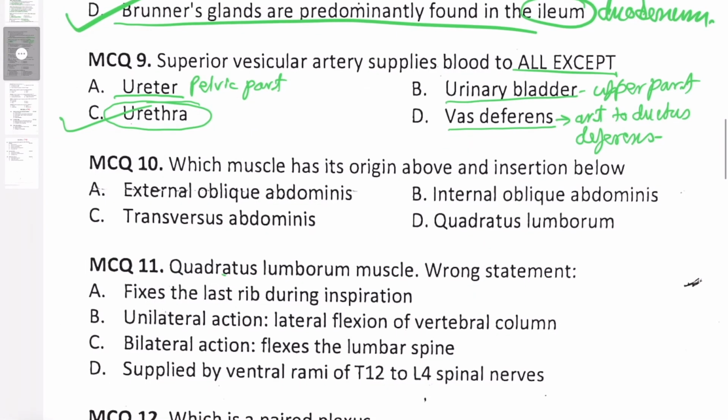Question number 10 is, which muscle has its origin above and insertion below? Choices are external oblique abdominis, internal oblique abdominis, transversus abdominis, quadratus lumborum. Now to understand this, you simply need to understand the attachments on the iliac crest. This is how you find the iliac crest from its superior view. The right iliac crest, so this is anterior, this is posterior, and this is the lateral view,